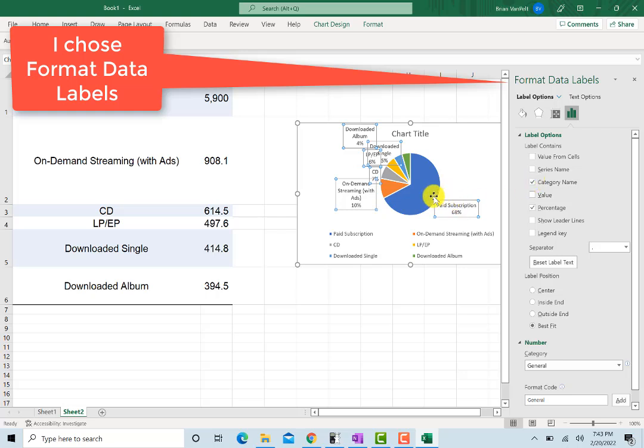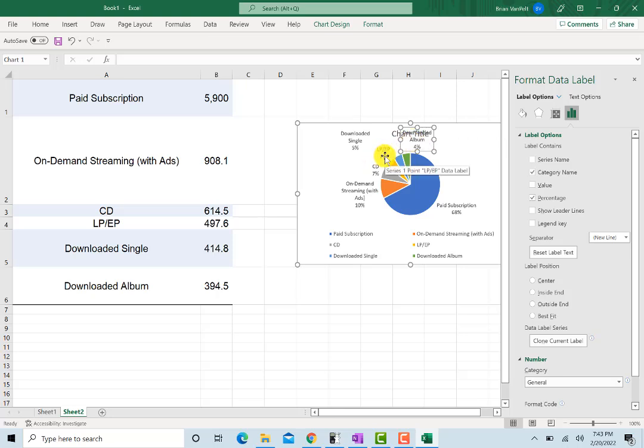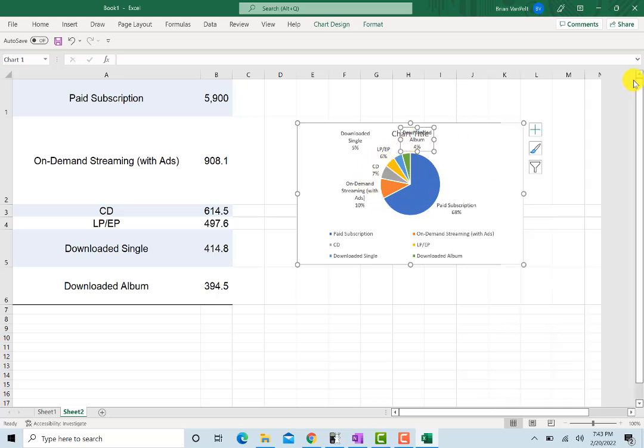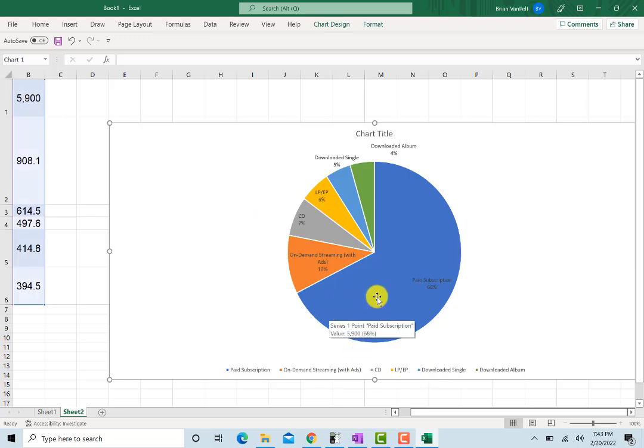Yeah, it's tough to fit them in there. You can take these things, I believe, and move them around. Let me get out of this. It might not let me move stuff around. I wanted to move this over a little bit into there. Let me see if it keeps those things highlighted when I leave here. Let me come here and make this a lot bigger. Whoa. That way, it should be easier. See the paid subscription, everything fits a lot nicer now. You got your downloaded album, and then check this out. Let me come here and have this one,